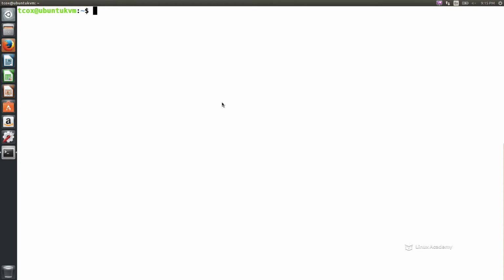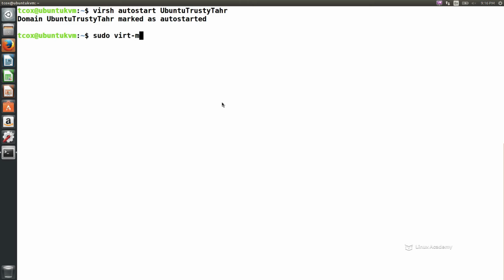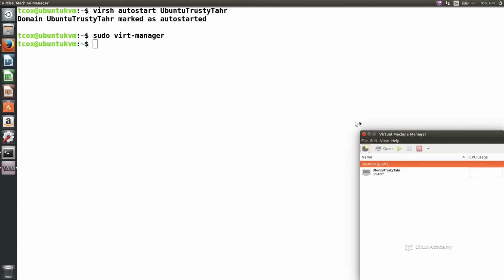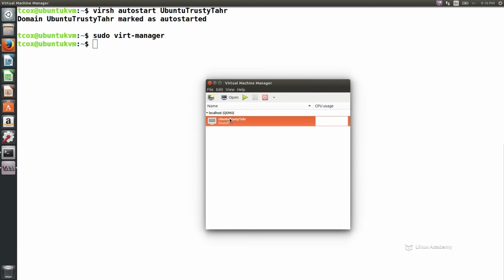Now, finally, what we want to take a look at is, in order to start our virtual machine, all we want to do is make sure that it auto starts. And we can do that as well by doing a virsh autostart Ubuntu Trusty Tar. And then it will tell me that it's marked as autostarted. And that simply means that if I run the sudo virt-manager and I come over here and select my virtual machine